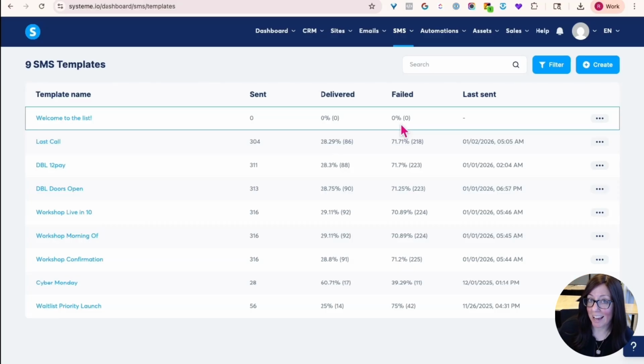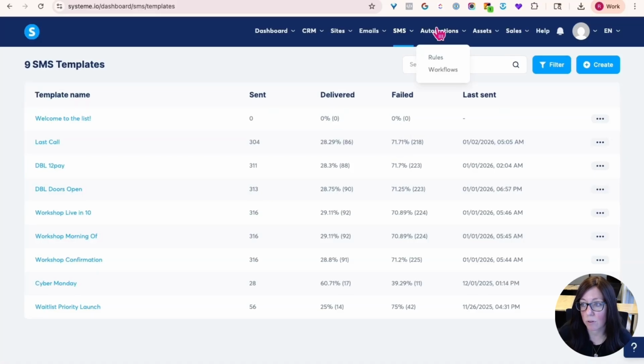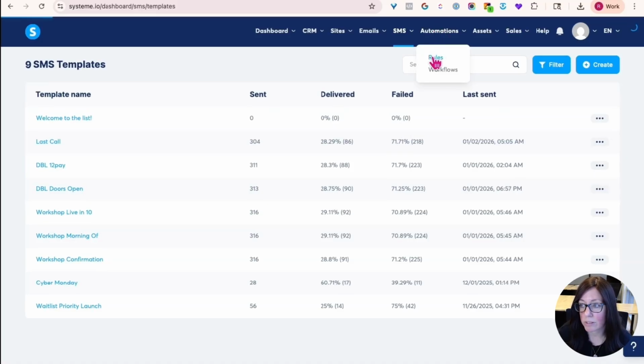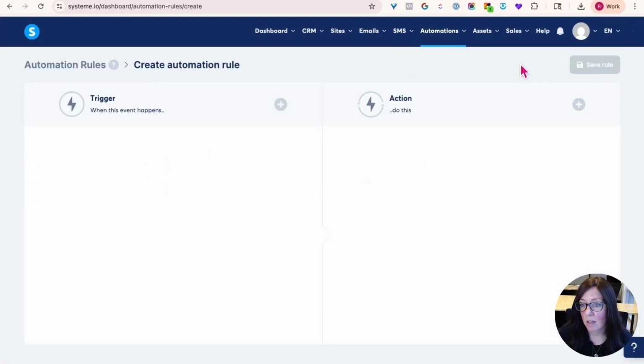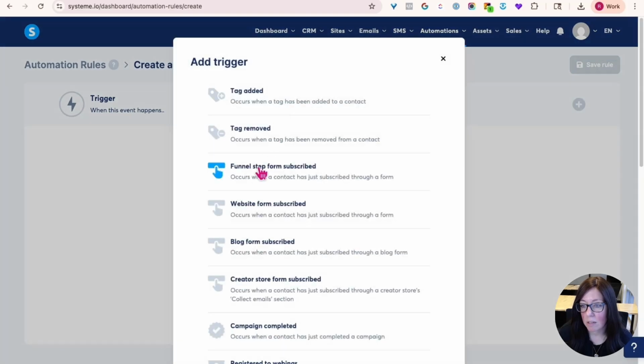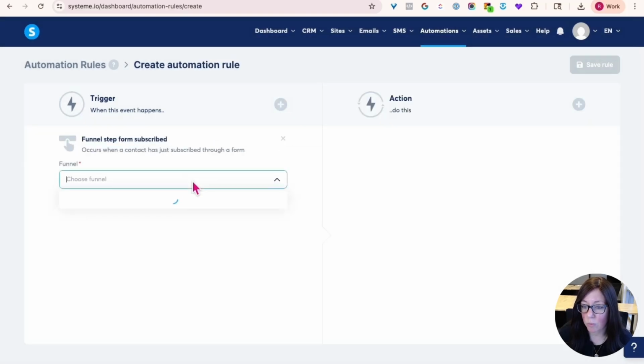Now the thing is we need to actually send that. And in order to send the SMS, we need to have it incorporated into an automation, whether that's an automation rule or an automation workflow. Automation rules are the easiest, so we're gonna go ahead and start with that. So if you go to automations, and rules and click create, we're going to say that when someone subscribes to a form in one of our opt-in funnels,